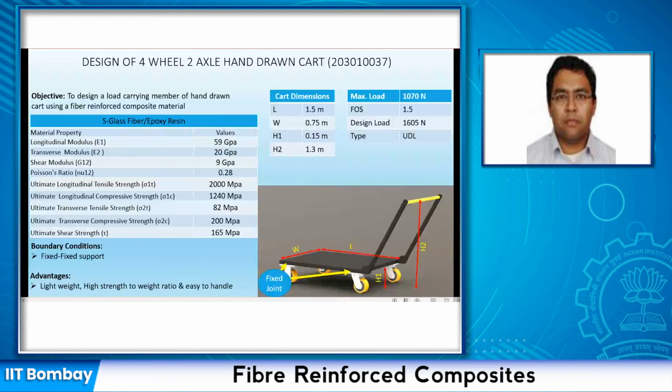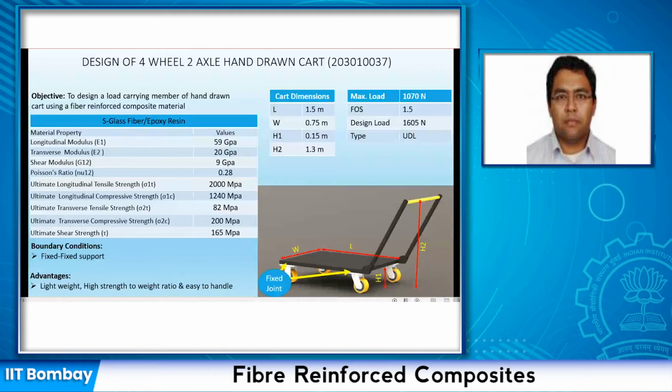And this, its length L, W, and H1. I have taken this from the India Mart website because from the similar kind of cart. But this height H2, I have taken according to my own convenience. I'm the one who is driving it. I wanted to hold it where my body stays straight while pushing it. So I have chosen that S2 is equal to 1.23 according to my own convenience.